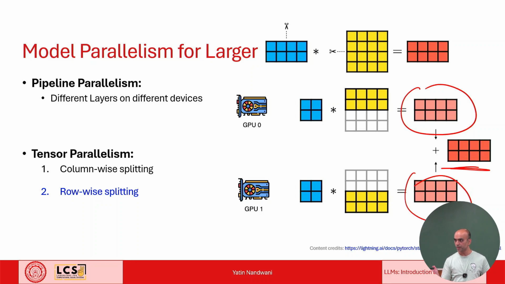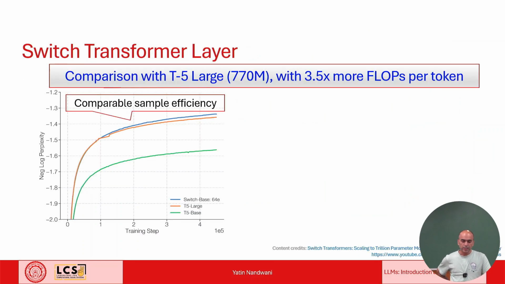So we have looked at expert parallelism first, which we get in mixture of experts, because by virtue of its modular design, we can use that. However, even in the dense model, if a matrix is big, we can use tensor parallelism to split that into multiple GPUs. And if you have more GPUs, then you can train a denser model as well. So that's what we do for T5 large. We use model parallelism to split the larger version of the model, which is 770 million,